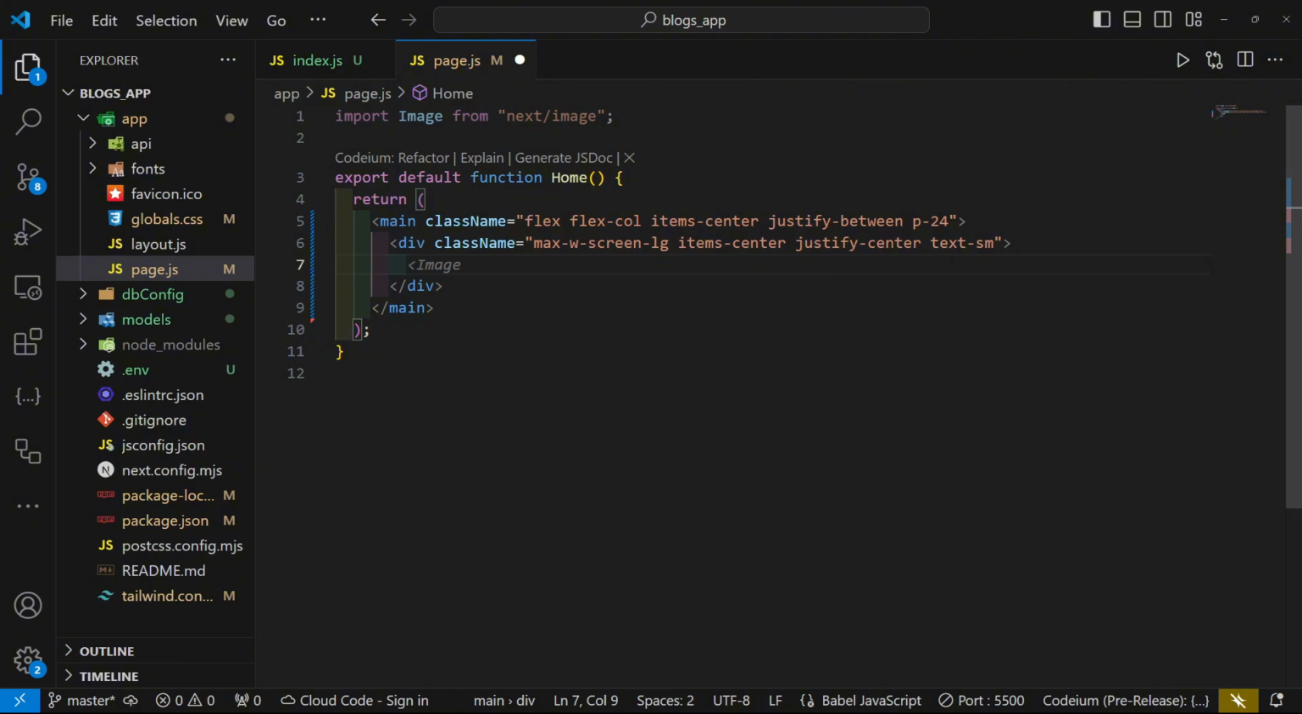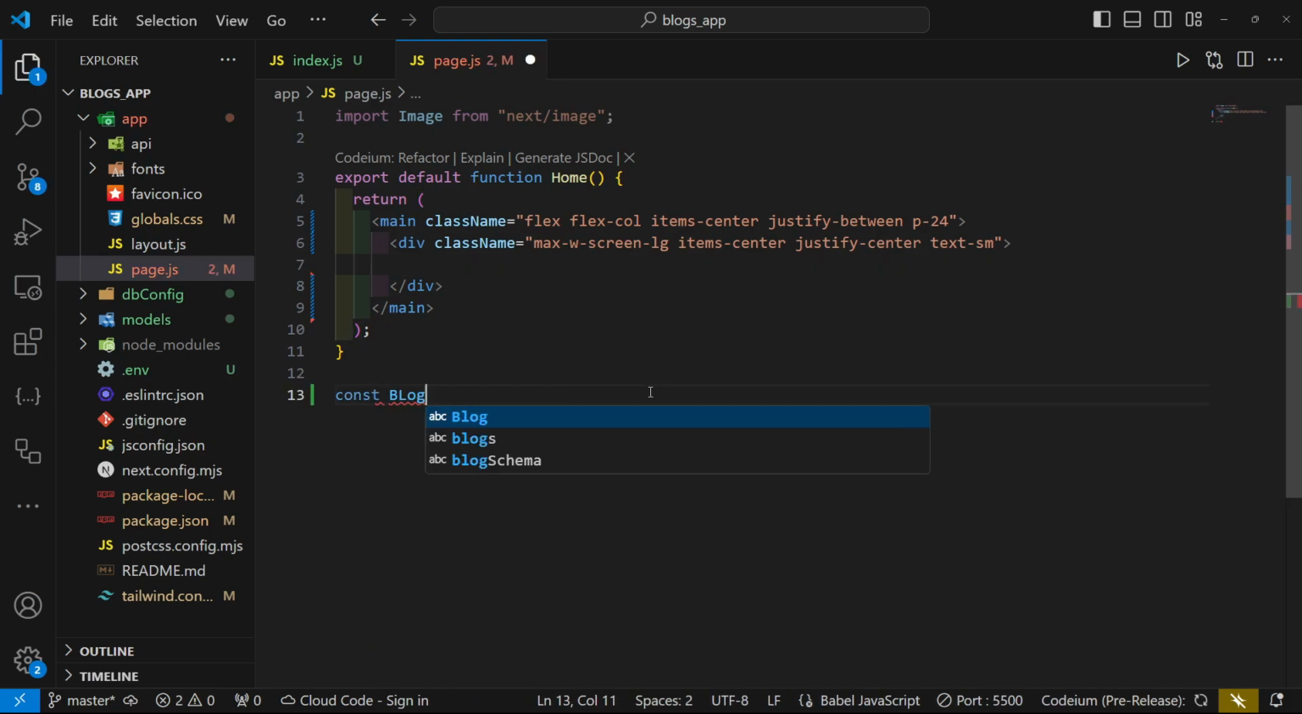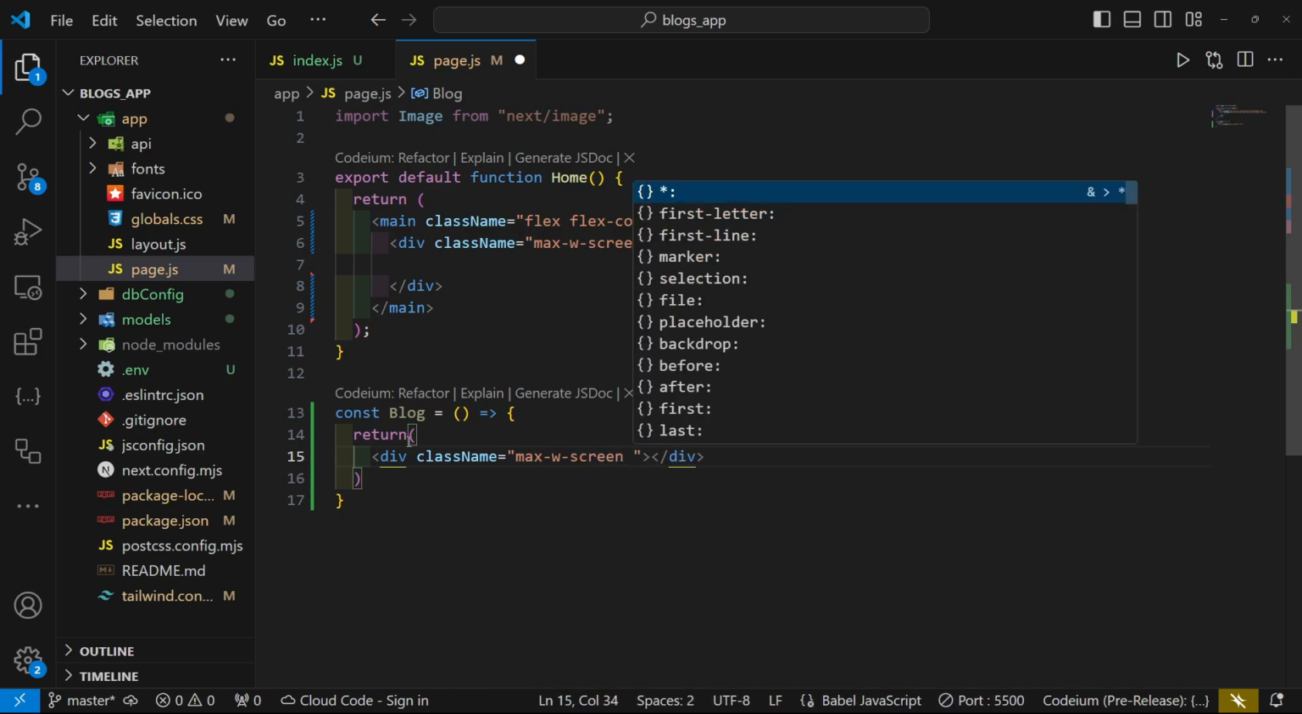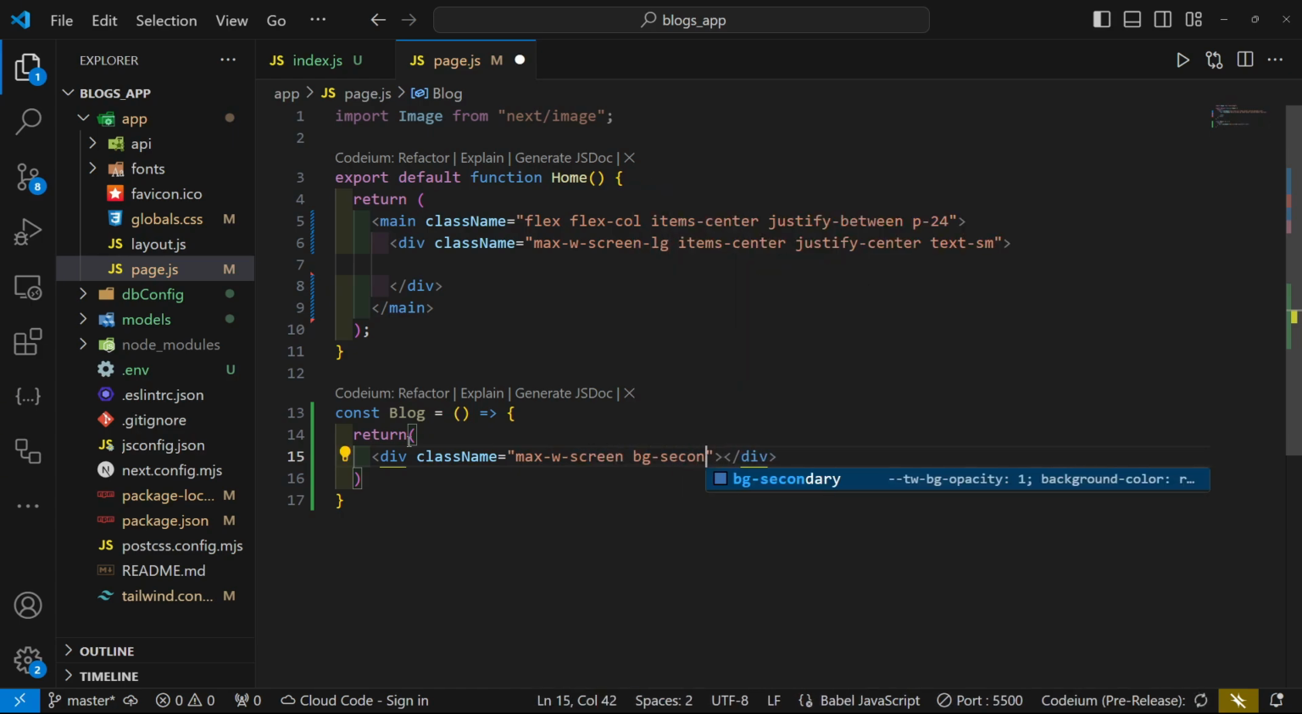Inside of here, we're going to run a map method for all of the different blogs that we're going to have. So let's first create a blog down here. Const blog. Here we're going to return our basic blog. So we're going to start with a div, of course, with a few class names. So the first one will be max width to be screen. The background will be secondary,